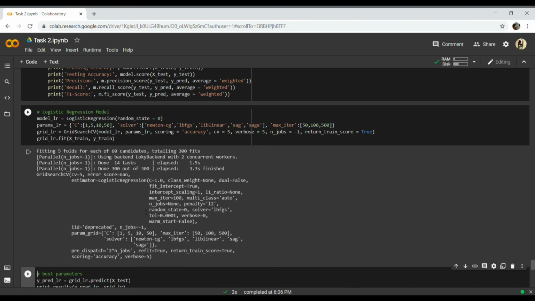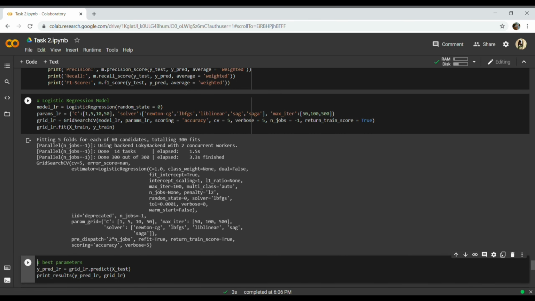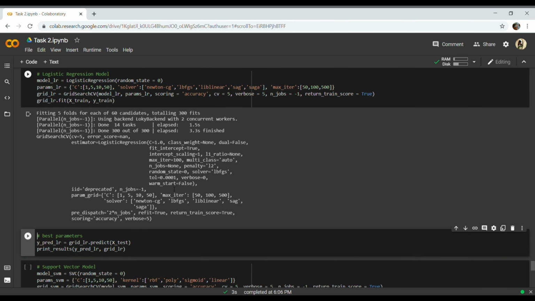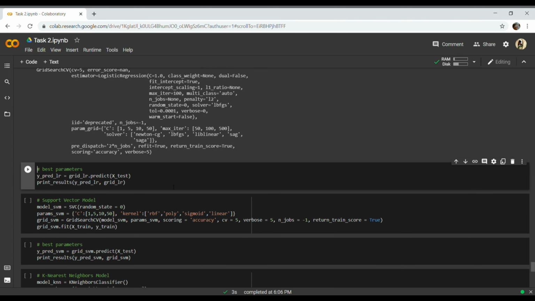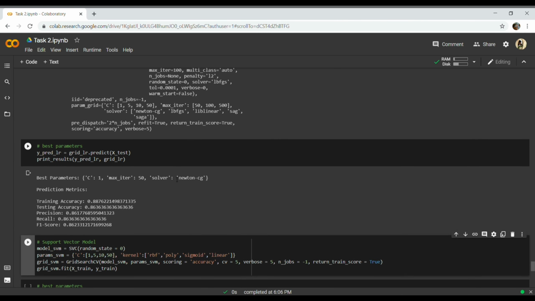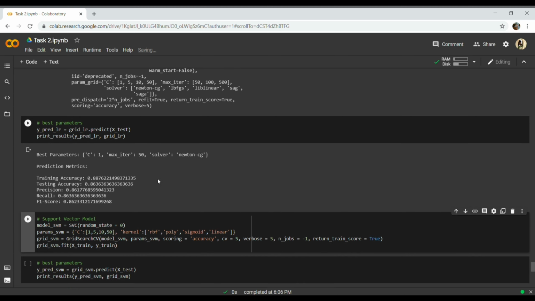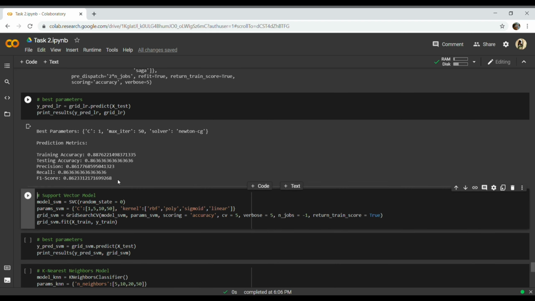So our grid search CV has run. Now let's see what is the best parameter. Here the best parameter is C as 1, maximum iteration as 50 and solver as Newton CG. And the training accuracies, precision, recall and F1 score have improved better than before.